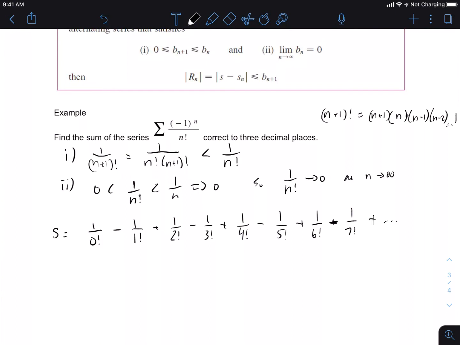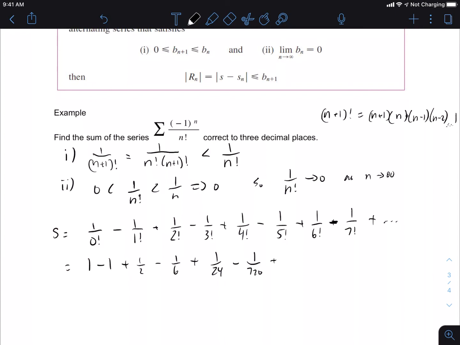And so what we end up seeing is this is going to be 1 minus 1 plus 1 half minus 1 sixth plus 1 over 24 minus 1 over 720 plus,